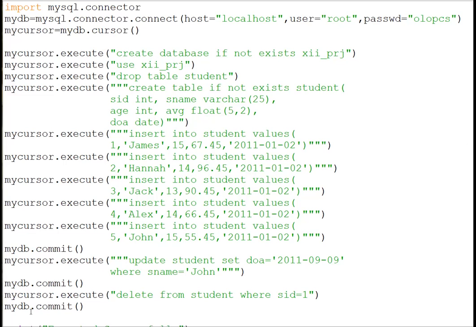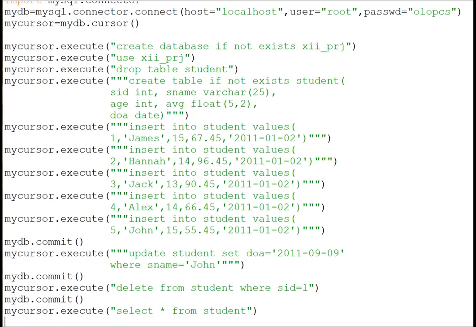So the very first thing, as I said, is that I wanted to display all the records. Ultimately it has to be a SQL query. So we are going to write my cursor dot execute. This is how we are going to start. And then whatever my query is. Now my query is to display all the records, so select asterisk from student. This is my table.